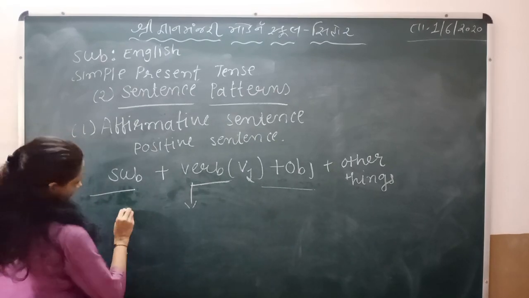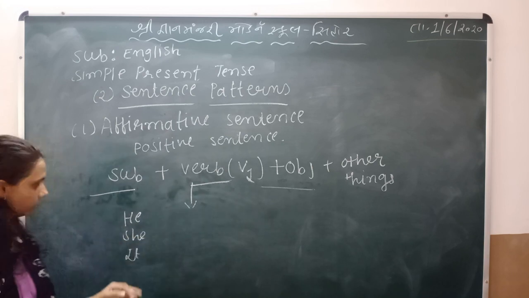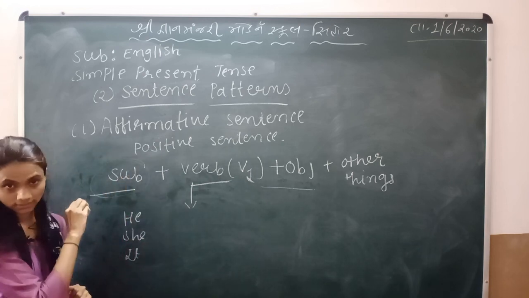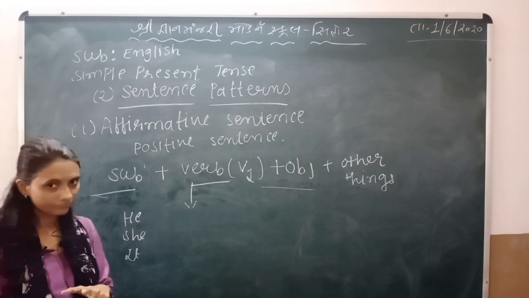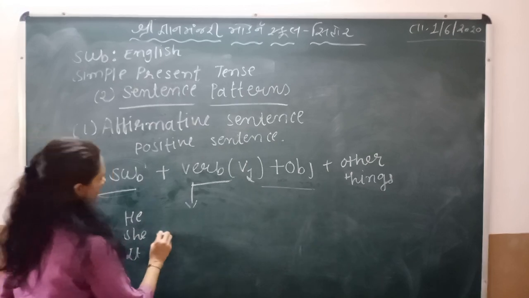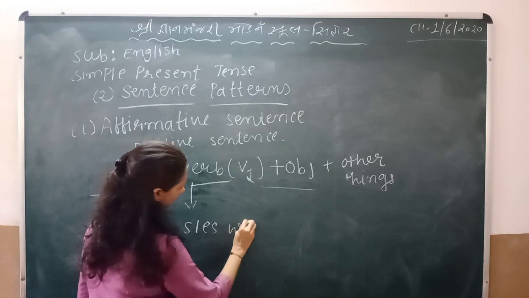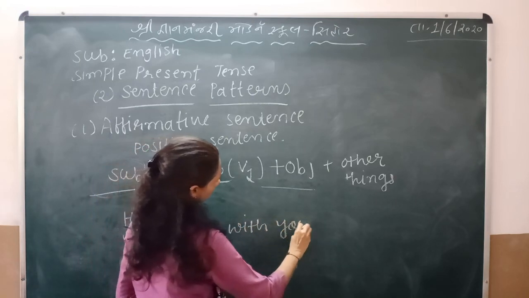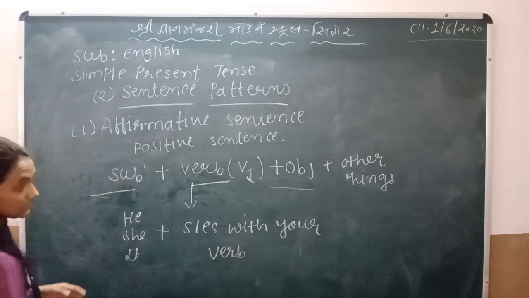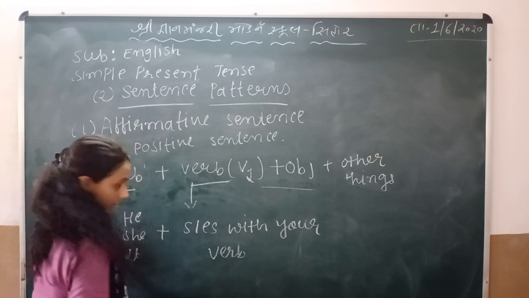When you find he, she and it in subject, at that time don't forget, remember this, don't forget to use s or es with your verb. This is compulsory. It means if you have he, she or it, means